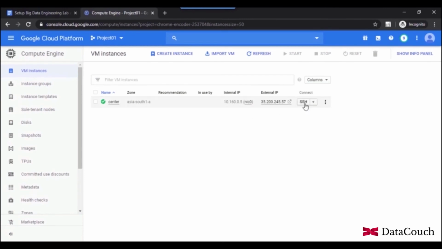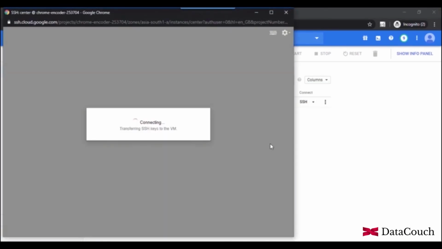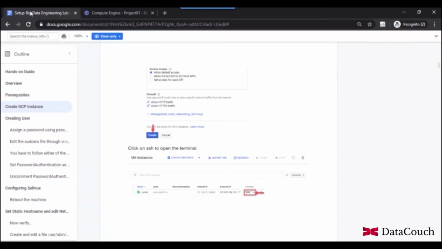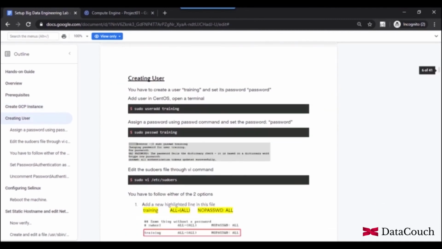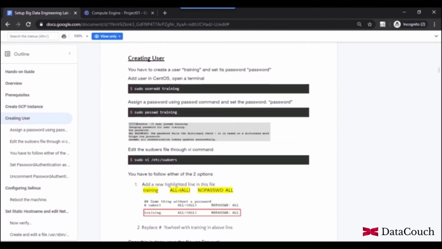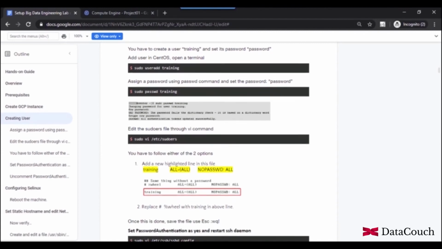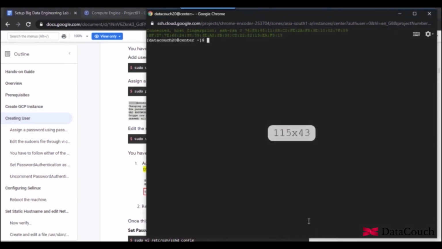Now we have the virtual machine created, and I am doing SSH on this VM. This is a very convenient feature of Google Cloud Platform to perform SSH. We want to create a user, and that user is training. You can give any name, but right now just follow the instructions so that there are fewer chances of mistakes.